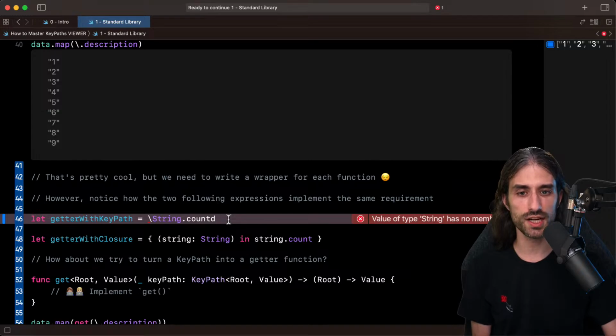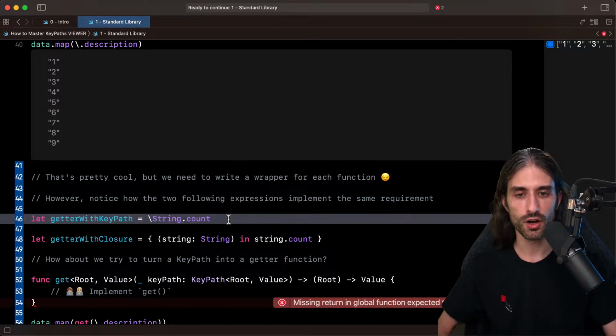are type safe. They are being generated from our code, from the properties we have defined on our types, and so that's why yes, you won't be able to call a key path on a non-existing property. And that's pretty nice because if you've used Objective-C, you must remember that Objective-C also had this notion of key paths, but it was implemented through strings. And so if you made a mistake when typing the name of a property, or if you renamed a property in code and didn't update the key path in the string, then you would get a crash at runtime.